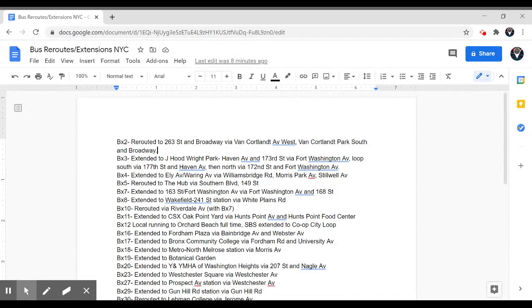anyway, what I had it do is I cut it back on Southern Boulevard to go north. Instead, I have it go south on Southern Boulevard, and then until Southern Boulevard becomes 149th Street, and then eventually goes to the hub, which is the 3rd Avenue, 149th Street station on the 2 and 5 trains. For those of you who are from New York City, you would know. Alright,